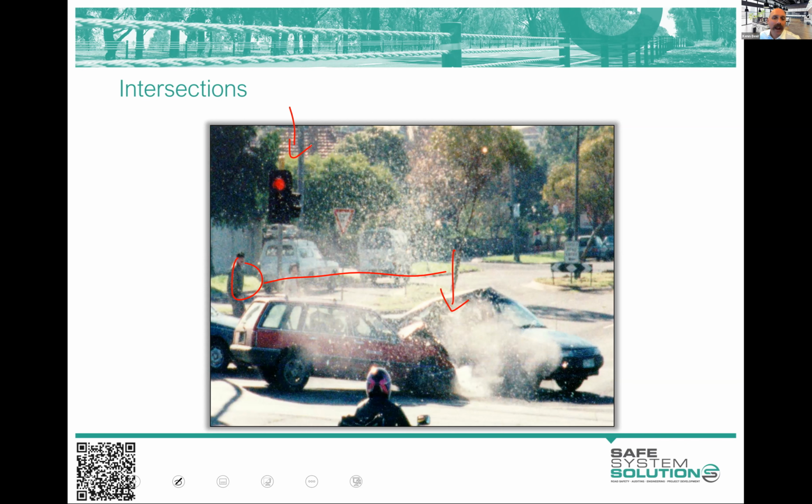So when vehicles leave the road, they're more likely to hit something fairly early and immediately, and it'll be something fairly severe. So not only are we having this crash at intersections, we're also having that run-off-road crash, and of course crashes with pedestrians, cyclists, and motorcyclists.